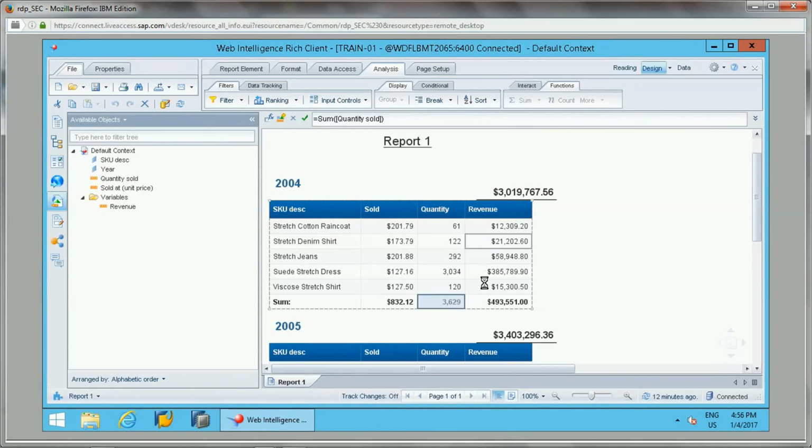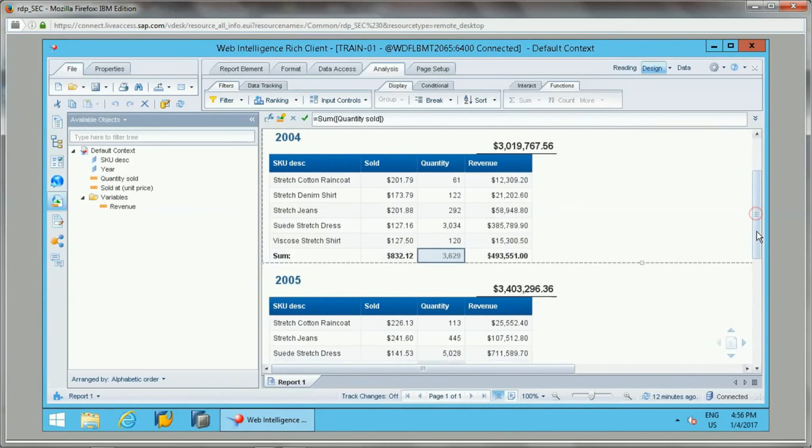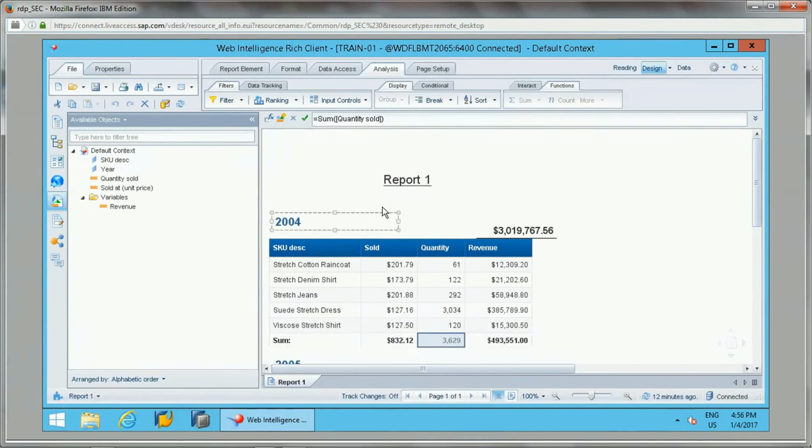Okay, so I just made this revenue by the default context report. Now how can we force the input context? For that purpose, let's copy this variable.